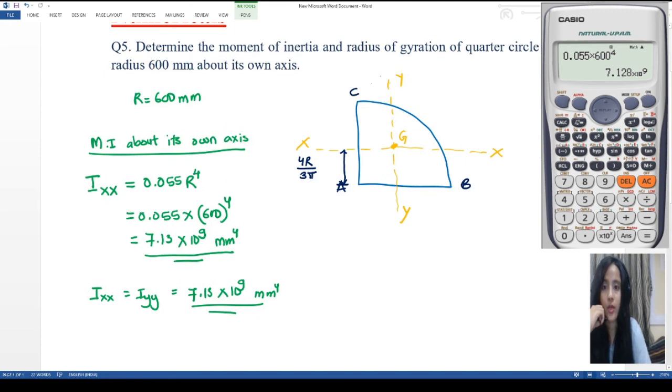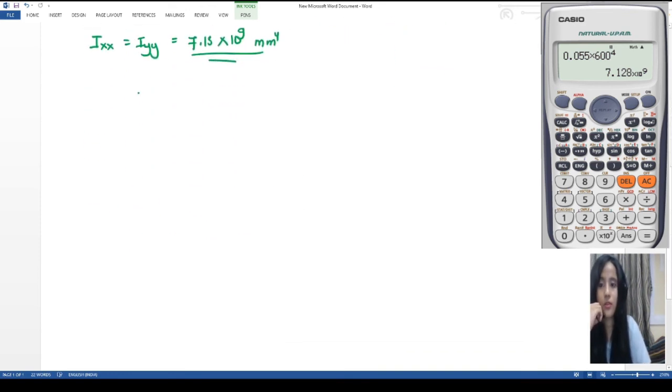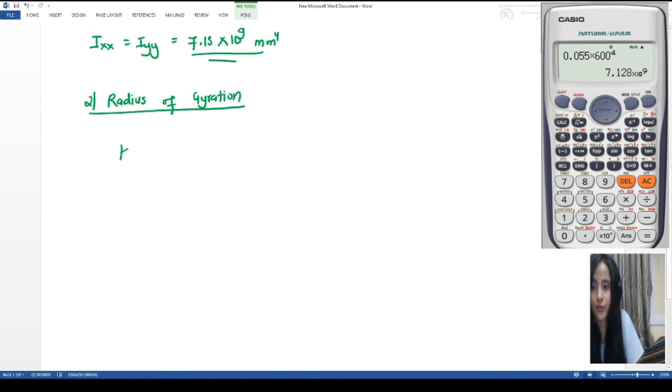Now next we are asked to find radius of gyration of quarter circle about its own axis again. So radius of gyration about its own axis will be equal to kxx is equal to root over of Ixx by its